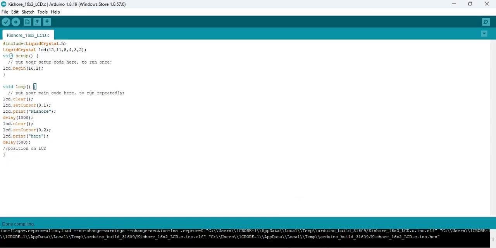Coming back to the code, we are using two inbuilt functions, the setup function and the loop function. Both are void functions, which means they do not return any values. We are giving lcd.begin, which means we are initiating the LCD display, the 16x2 LCD display. And with this clear function, we are clearing the information already in the display, and we are setting the cursor with the exact value 0, 1,